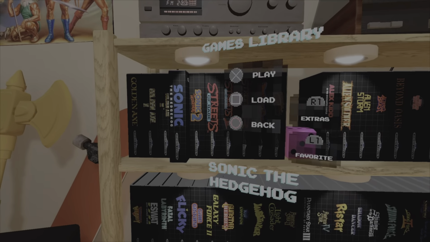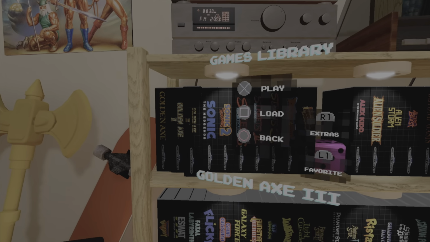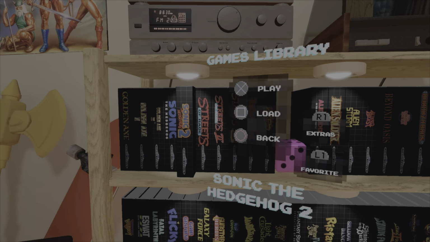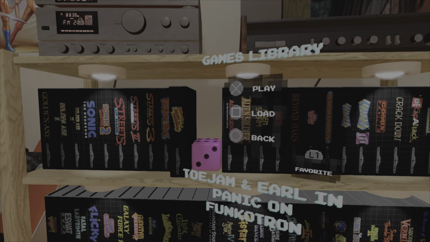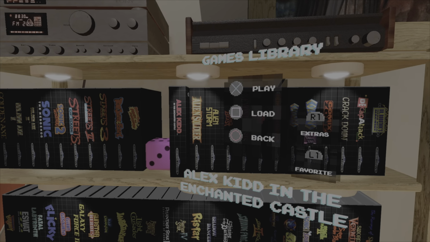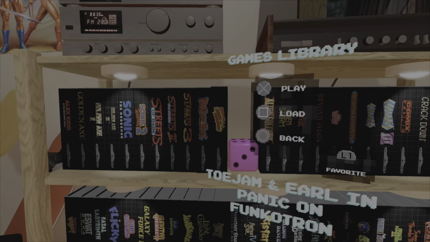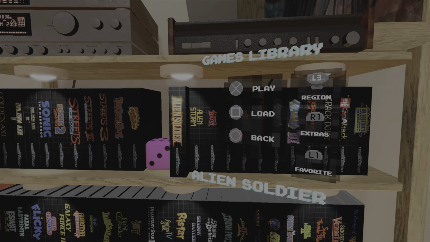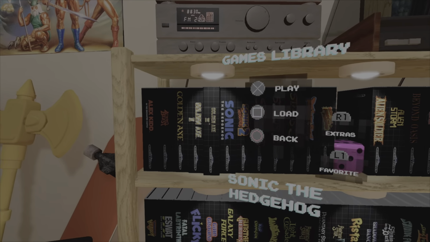You get 50 titles, so I've made a little favourites list there, like Golden Axe 1, 2 and 3, Sonic the Hedgehog 1 and 2, Streets of Rage 1, 2 and 3, Toe Jam and Earl 1 and 2, Alex Kidd in the Enchanted Castle, that's another one I used to play on my Sega Master System I had before my SNES. So anything left of the pink dice is your favourites list, and then you've obviously got